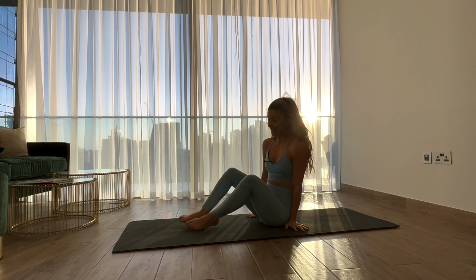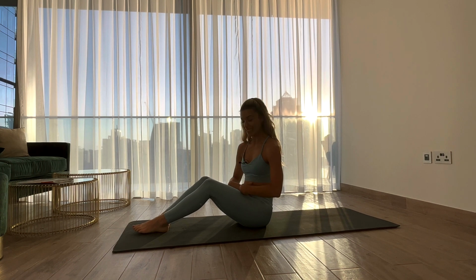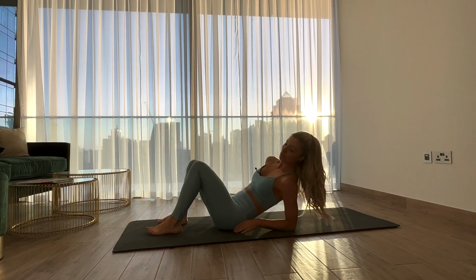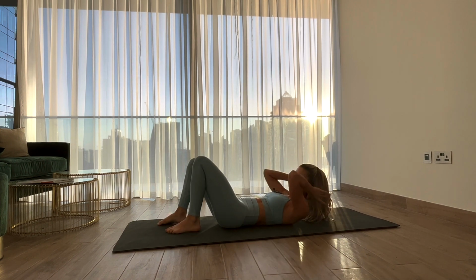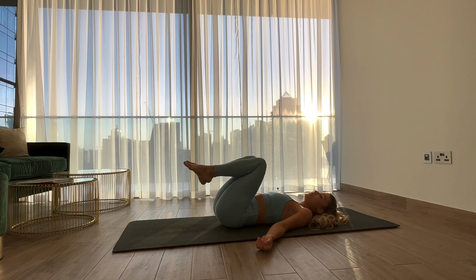Hi and welcome to this core flow where we're going to focus on strengthening the core muscles, and we're going to get started lying on the back. So come to lie down on your mat and bend your knees, draw your knees into your chest,